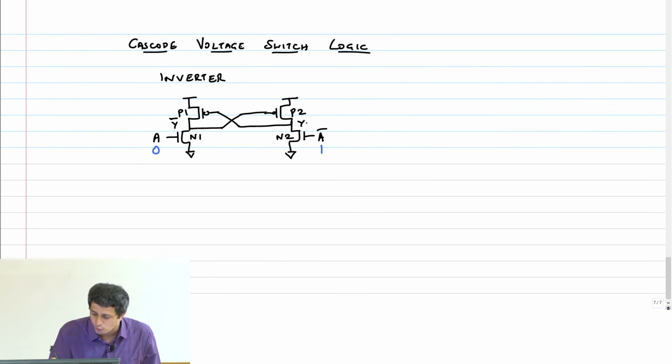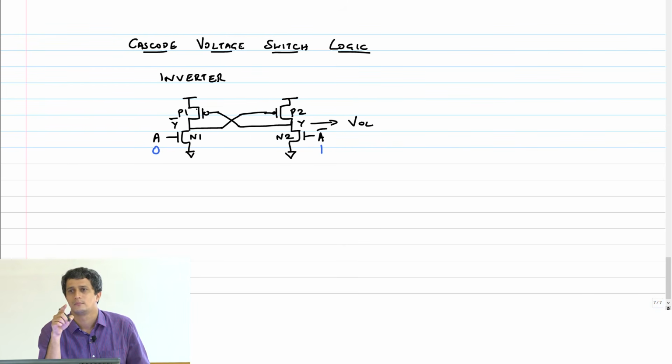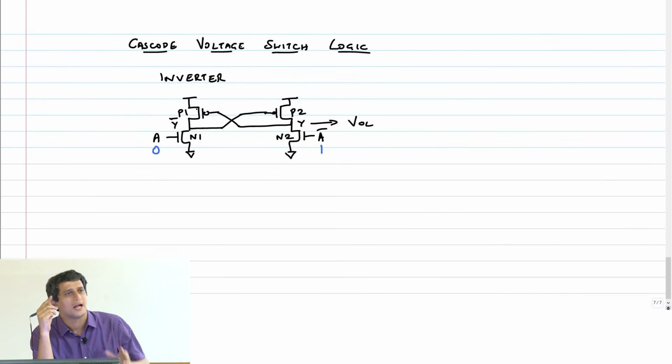Now if output goes to VOL, then the VGS of P1 will now become how much? VOL minus VDD. Again, it will be approximately minus VDD. It will turn on P1 very strongly.